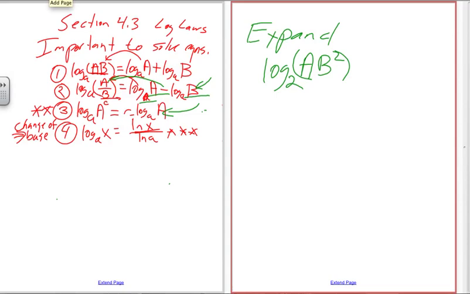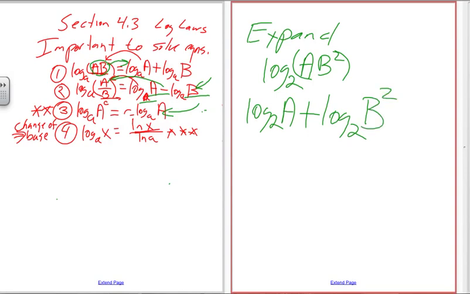And we want to expand that. All right, well, I've got AB here. Now I notice B is squared, but let's deal with that a little bit later. So let's take this and go in this direction. So I'm going to have log base 2 of A